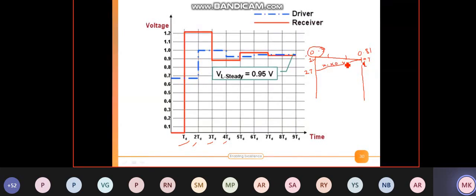So the voltage you see will be the addition of these two, something like